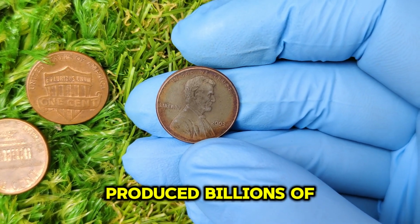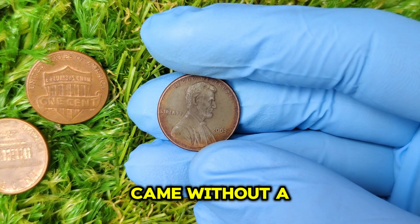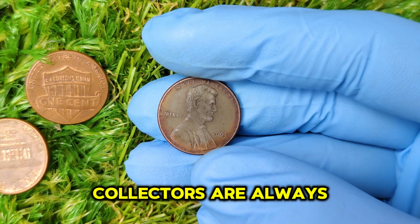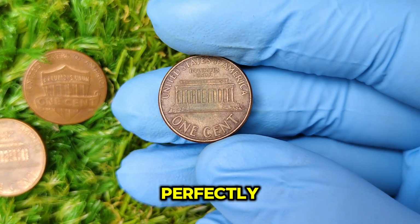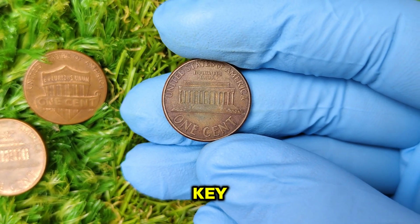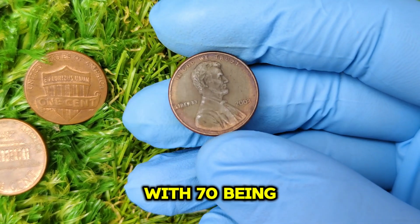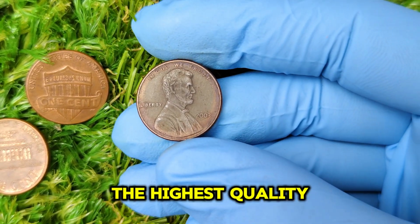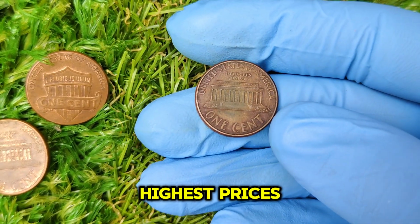The U.S. Mint produced billions of pennies in 2003, but only a fraction of those came without a mint mark. Collectors are always on the lookout for unique pieces, and this penny fits the bill perfectly. Additionally, condition is key. Coins are graded on a scale from 1 to 70, with 70 being perfect. The highest quality examples of the 2003 no mint mark penny are the ones that fetch the highest prices at